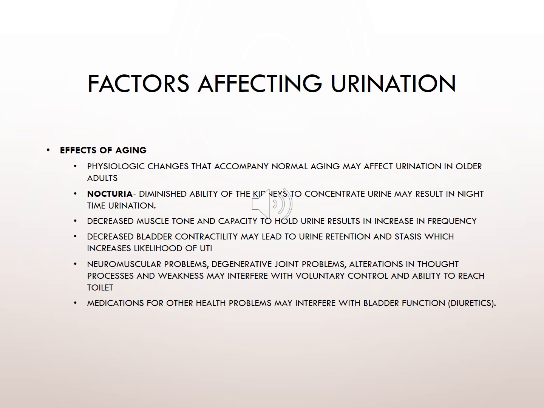So if we cannot get that urine out and it's just sitting in our bladder, it's very prone to cause UTIs. And we see that some because of that decrease in bladder contractility in our older adults. We also can see with older adults, they may begin to have some neuromuscular problems, degenerative joint problems, maybe even some alteration in their thought process and weakness that can interfere with that voluntary control and that ability to reach